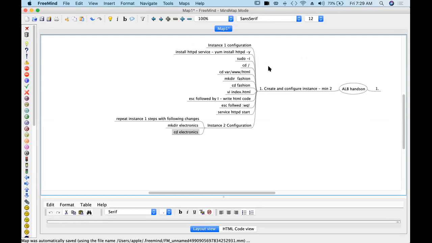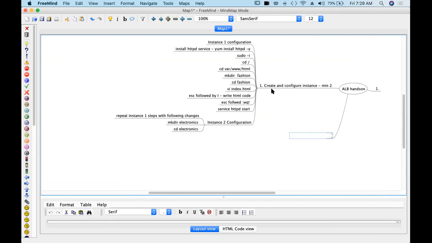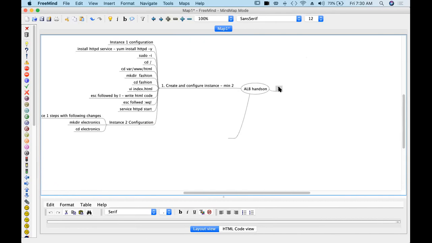Now, our step 2. Create target groups. Here I am not going through the details, health checks, etc. Create target groups, and we need 2 target groups.